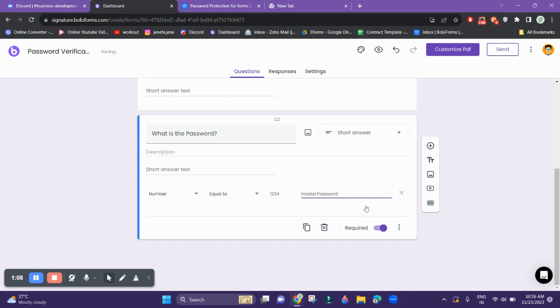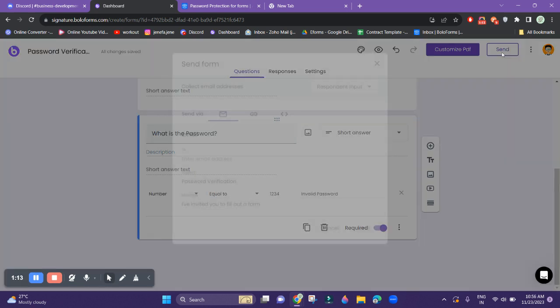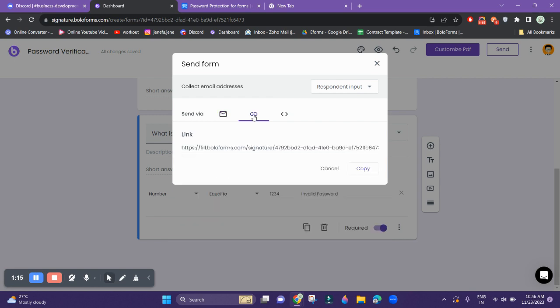So when the user types an incorrect password, this message appears. So we are good to go now, and I'm sending this. I'm copying this, and